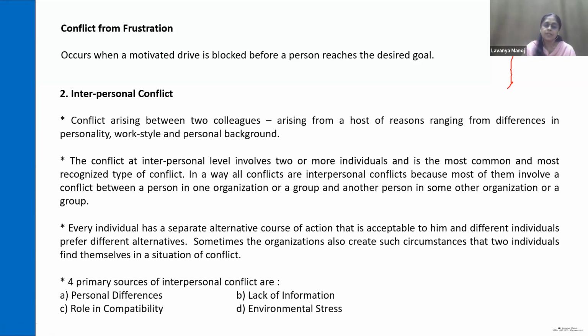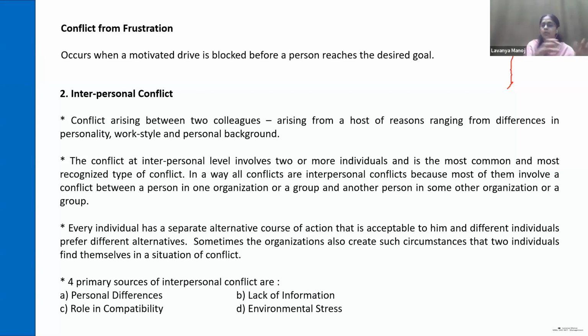Then interpersonal conflict. First we saw intrapersonal, that is intra-individual conflict. Now we have interpersonal conflict, that is arising between two colleagues, or two groups of people, two departments. That is interpersonal. There may be many reasons, as we have already seen, because of the working style, the skill set required for doing a particular task, the time limitation, resource